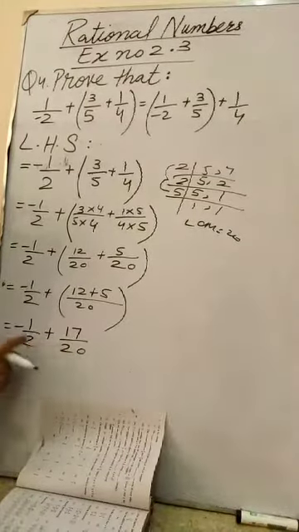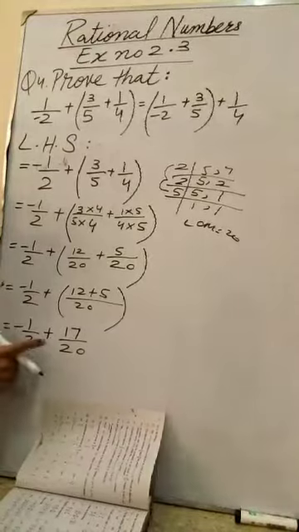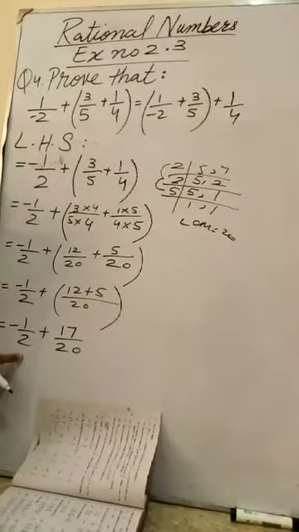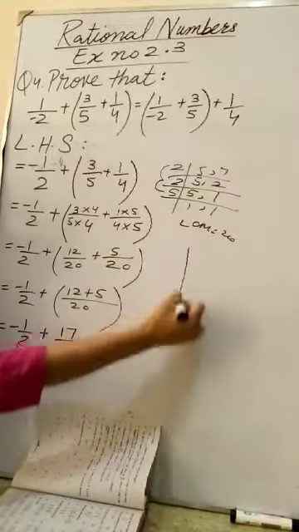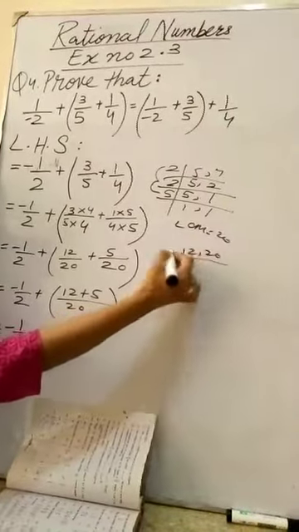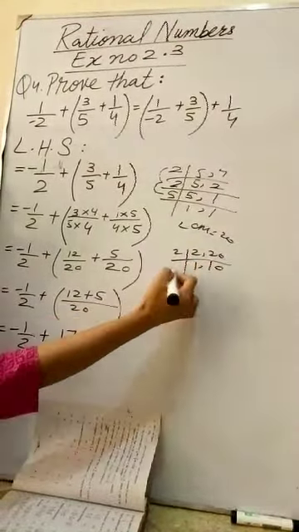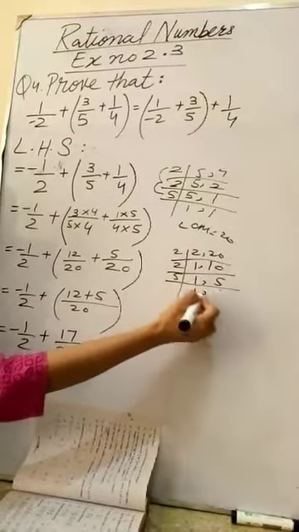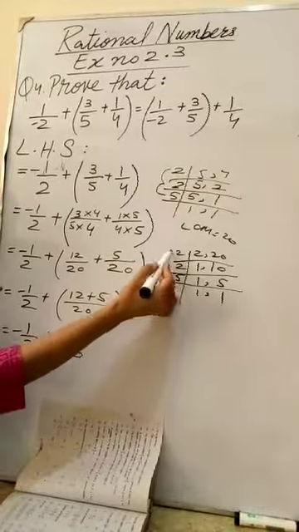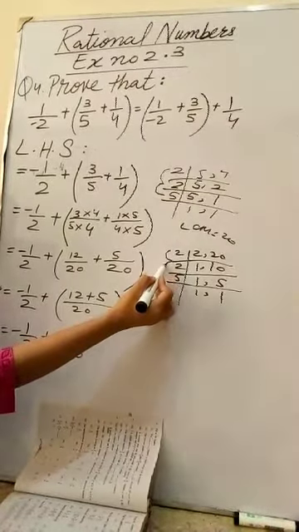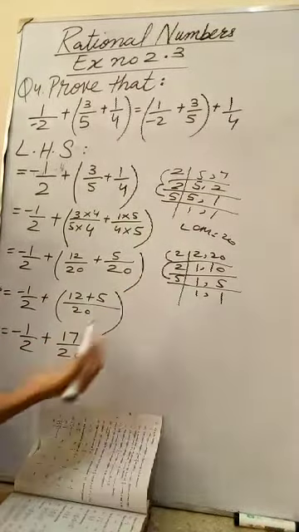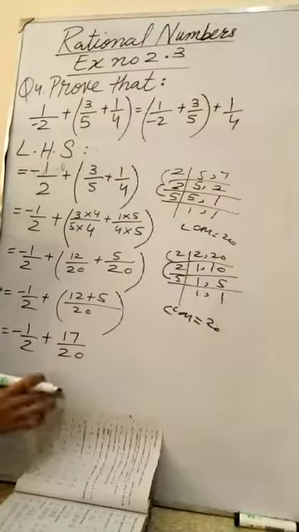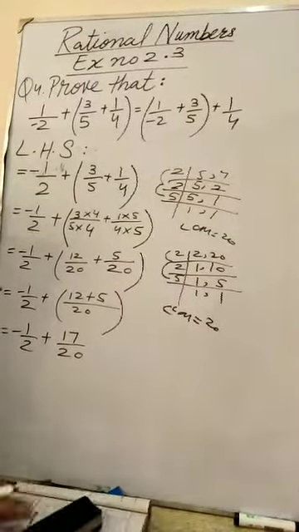Now see, we have two fractional values with the addition and subtraction sign. But we need to take the LCM again. So 2 and 20. 2 1 times 2, 2 10 times 20. 2 1 times 2, 2 5 times 20. 5 1 times 5 and 5 1 times 20. Again 2 times 2, 4. 4 5 times 20. The LCM is 20.